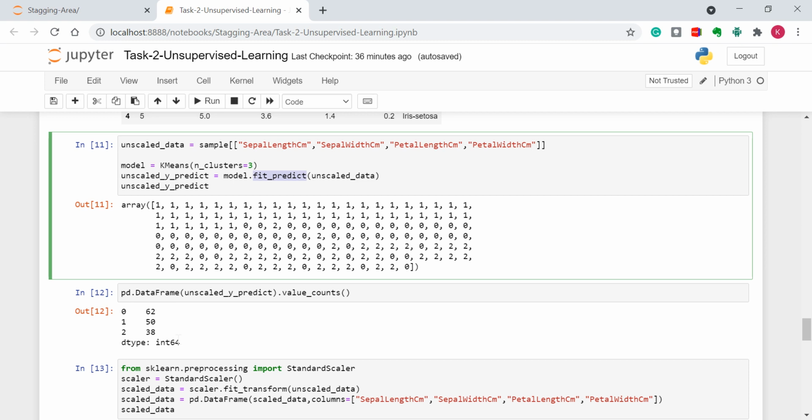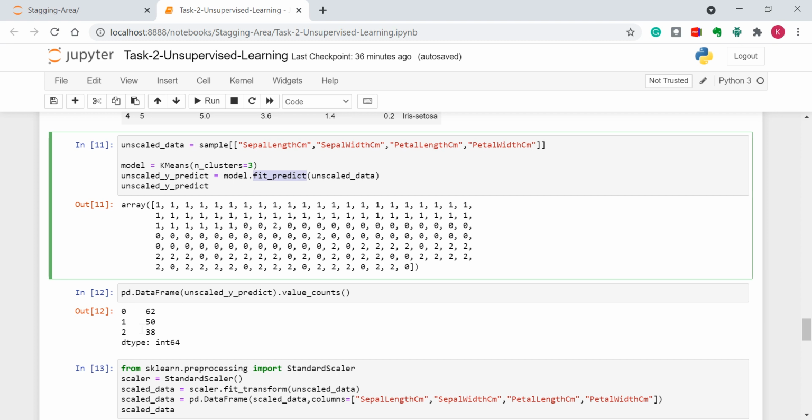That is Setosa, versicolor, and virginica. That is, each species has 50 samples, right? But using unscaled data, our model predicts 0 as Setosa with 62, 1 as versicolor with 50, and 2 as virginica with 38.